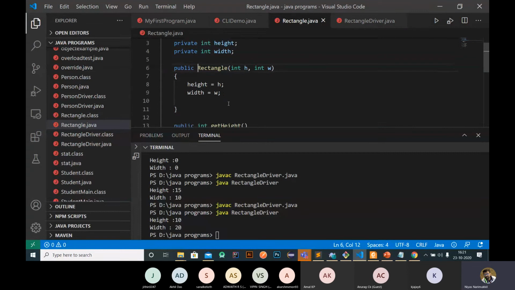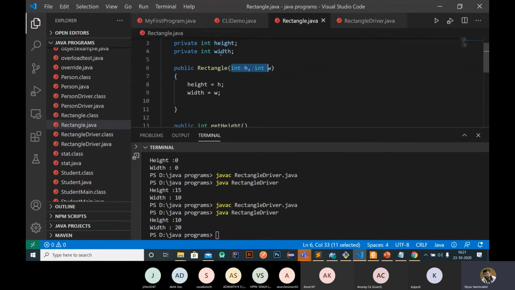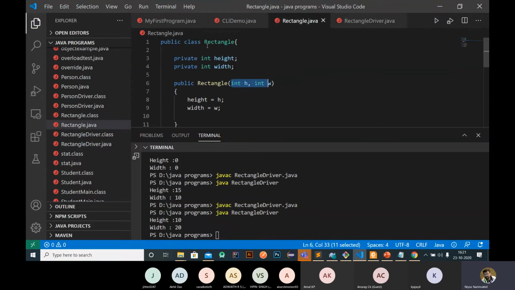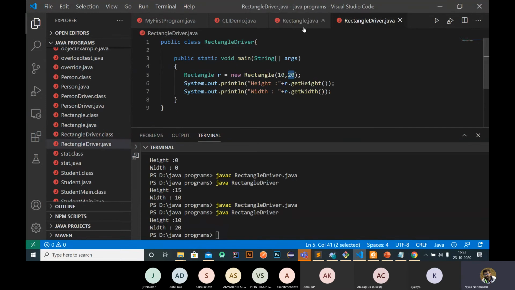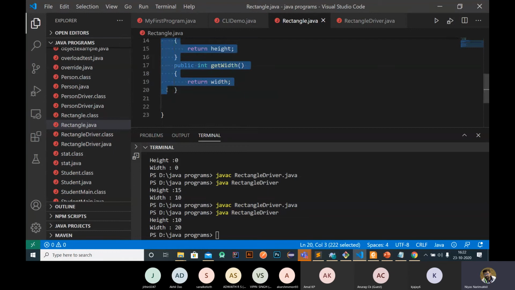Okay, here we have created a constructor, we have passed height and width, right? So while creating an object, we need to pass height and width. So what happens is that when an object is created, this height and width is assigned to these specific height and width variables of the rectangle. That is, while creating an object, this method is called, our constructor is called.